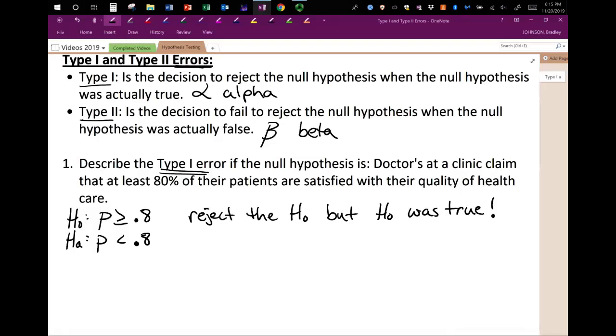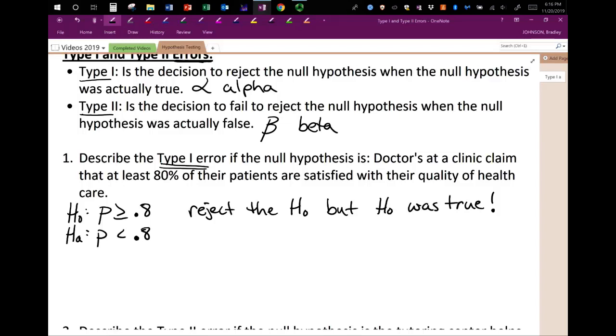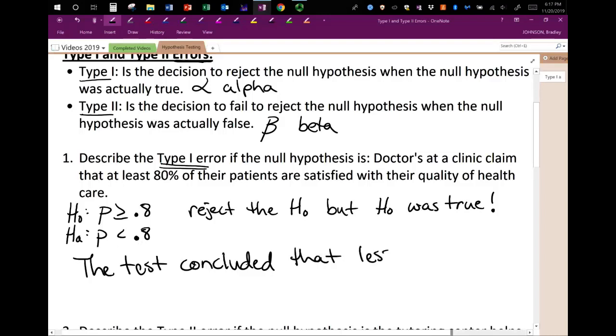Just write a sentence. So to write a sentence for this, we could say the test concluded to reject H0. So rejecting the H0 would be going with less than 80%. So the test concluded that less than